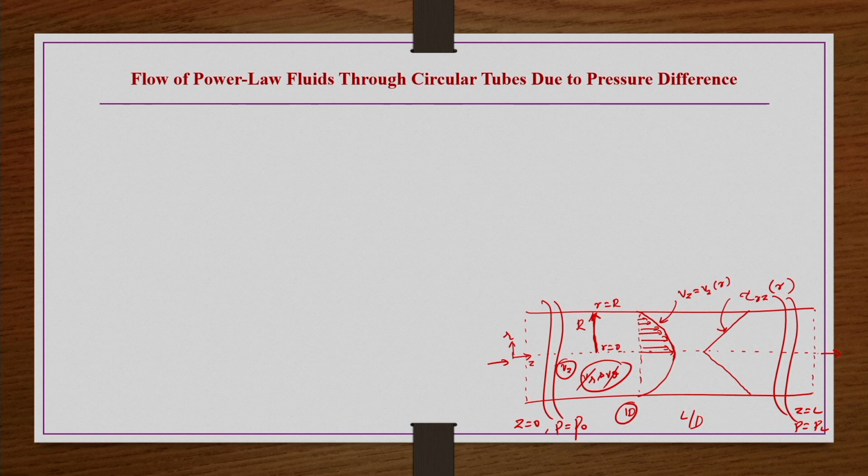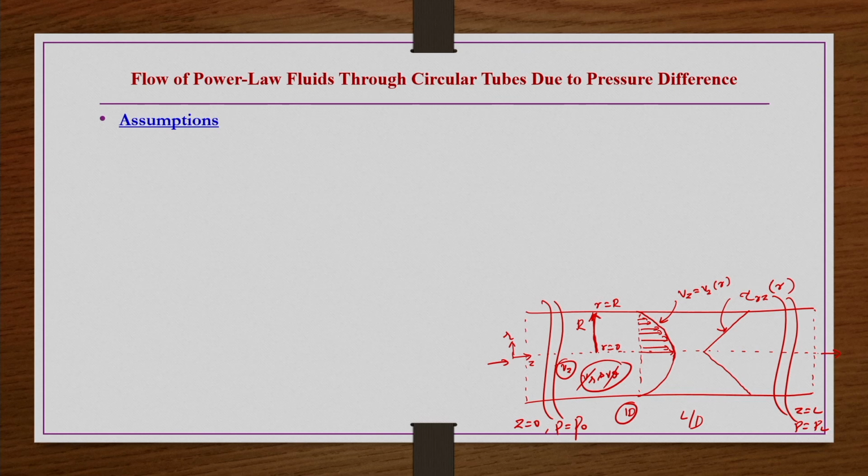So, then we have to have a kind of list of restrictions of the flow, because here we are saying laminar flow, and we need to state what other assumptions we are taking. Let us say we have taken a horizontal pipe, so then gravity we cannot take, and we are taking isothermal conditions. All these kinds of several restrictions may also be there, so we are going to list all those things, right. So, first we do that. The assumptions involved in this derivation, that is the derivation for the volumetric flow rate for the power law fluid flowing through a pipe, and how that volumetric flow rate is changing with respect to the pressure difference, that is what we are going to see.